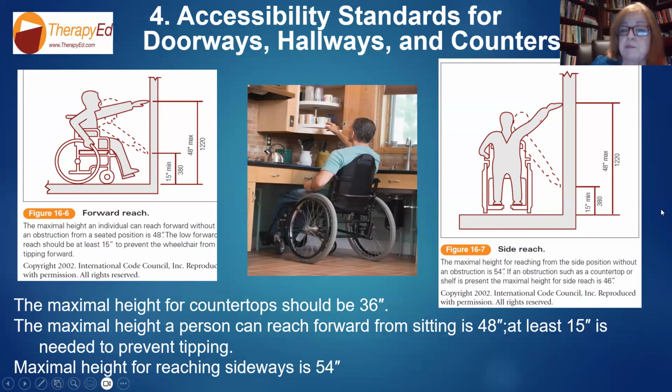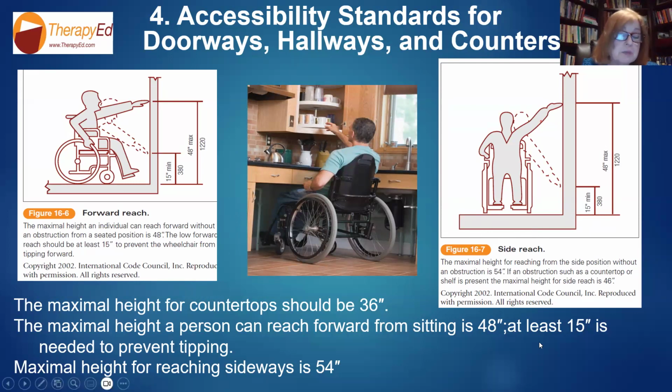So let me explain one thing about the NBCOT exam. If there's inconsistency in resources, they will go for one that's inclusive. So it would likely be 46, because 48 includes 46, whereas 48 doesn't include 46. And I have to check out the ICC because the last time I looked, it was the same. But again, not 15 inches too low and not too high up, because it will tilt.